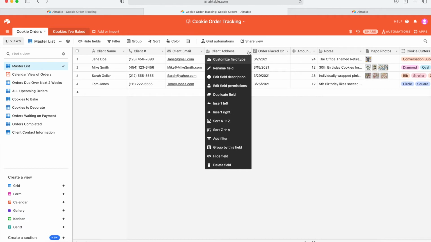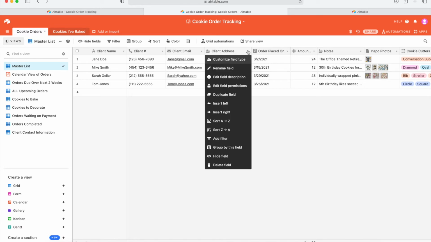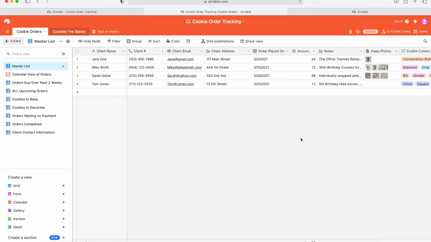You can click on it and just delete the field, and it'll be gone forever. Or if you just don't want to see it, you can click on it and click hide the field. And the information will still be there, but it won't be in your way. So to get started,